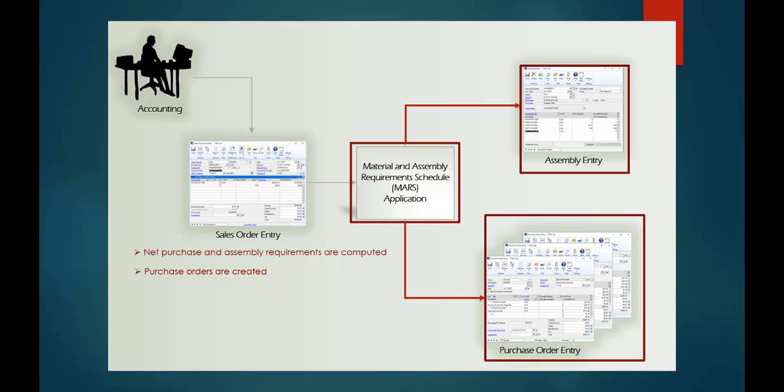The result of this process is that purchase orders are created and saved in the purchase order module and accessible through the purchase order entry window in Dynamics GP for those items deficient in inventory on hand. And a bill of material assembly transaction is created for each HydroAlert device and saved in the assembly module, accessible through the assembly entry window in Dynamics GP. In this example, 4 bill of material assembly transactions are created,